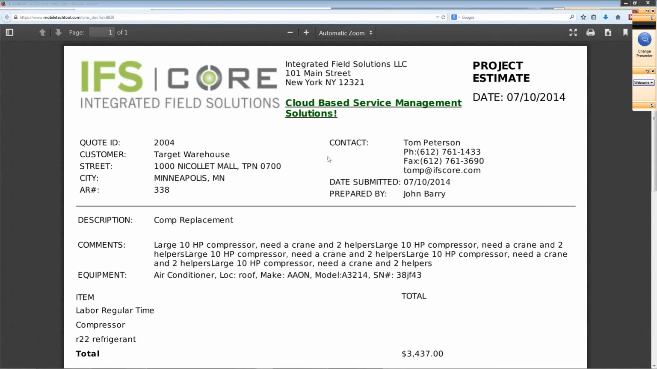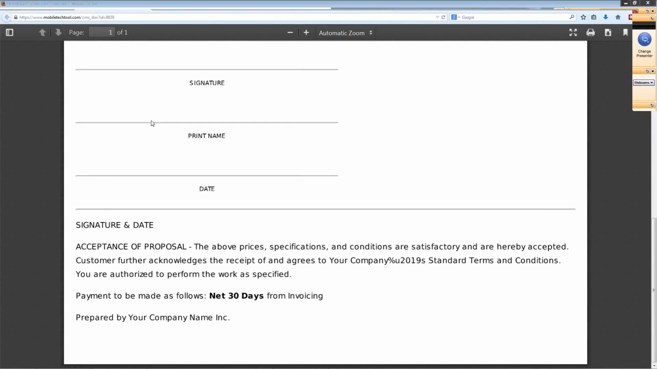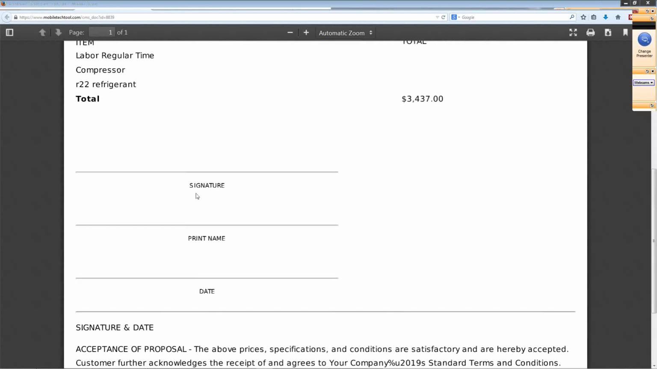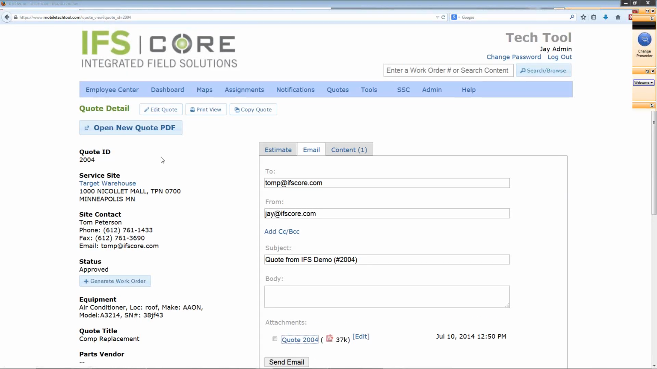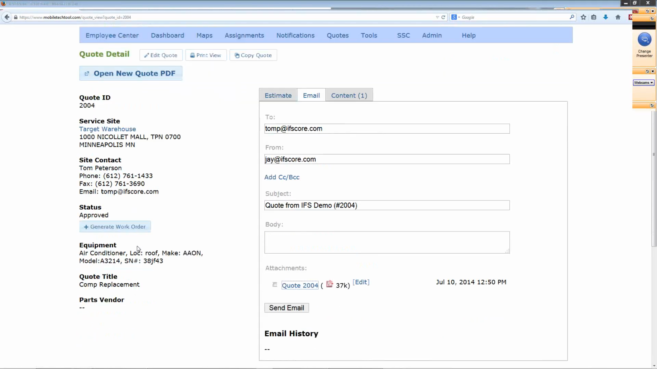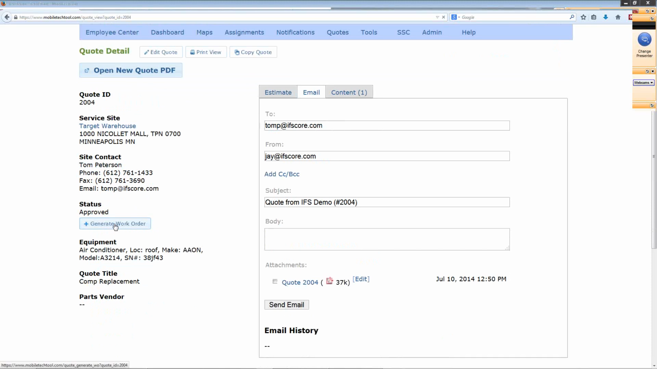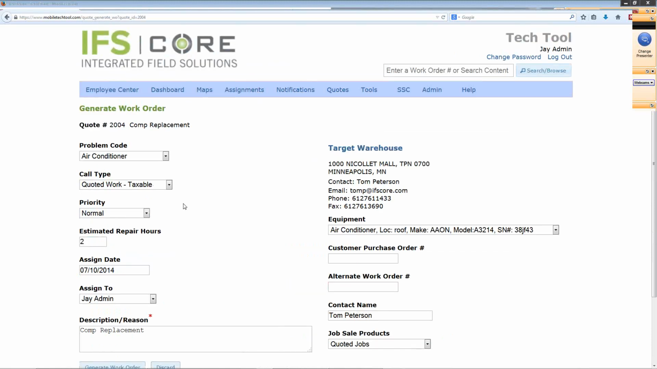I'll show you what it looks like. There's your proposal, nice and clean. Client can sign it and send it back. We also have the ability to capture a signature in the field if you want to. Now it's been approved. Now you can simply push the Generate Work Order button, and that generates a work order